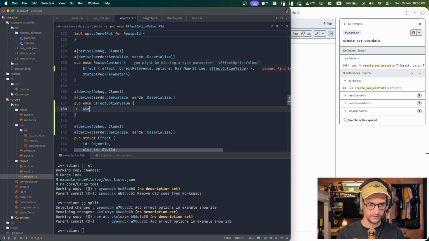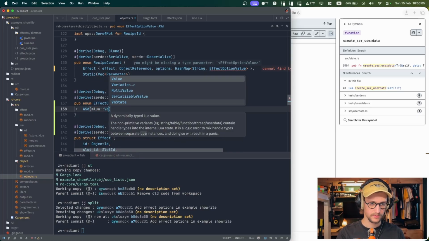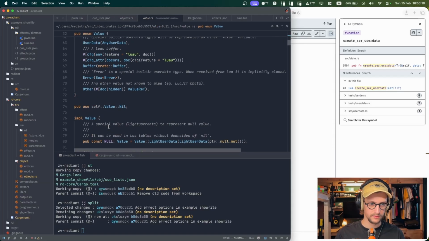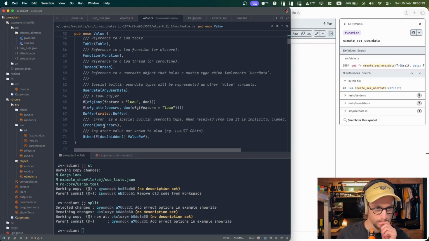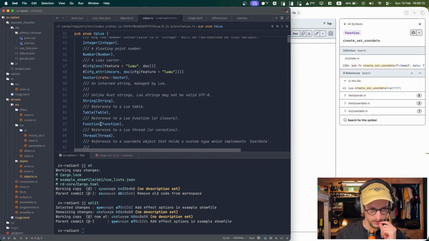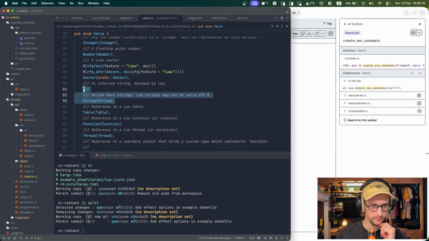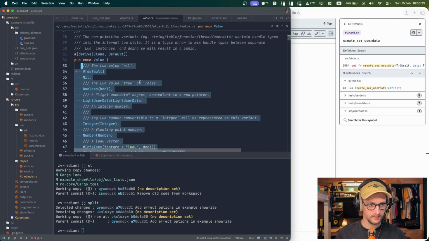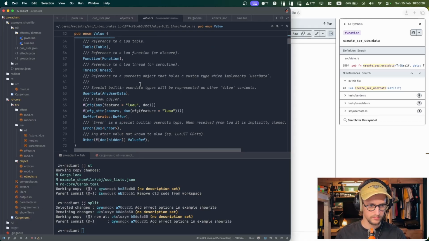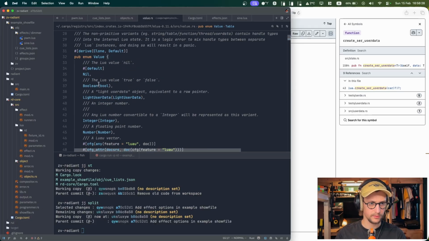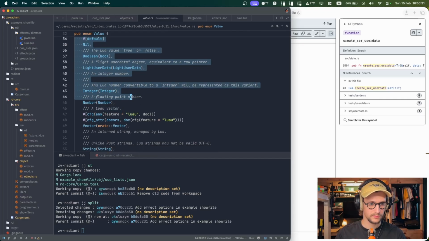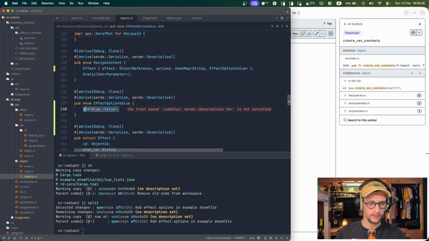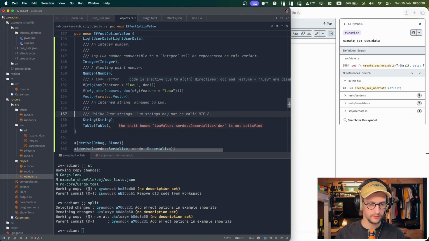We can do that like this actually. That's quite a lot. But all we really care about are these. Or maybe table. Hello table, yeah. We can copy these and then